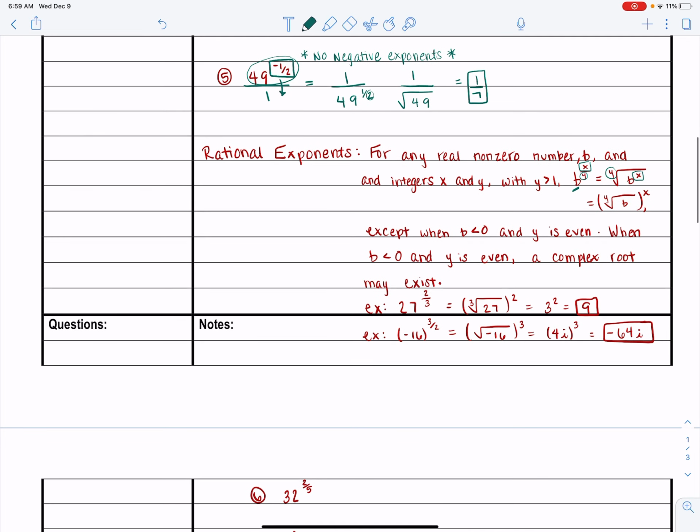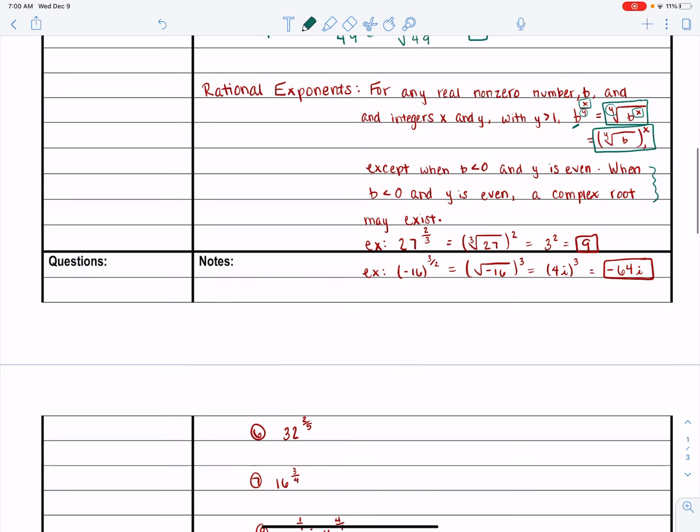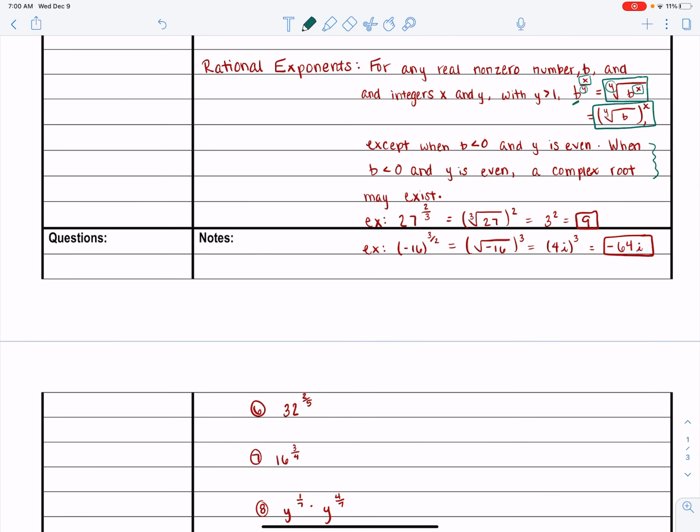You can write it like this, where you raise the inside to the power and then take the root, or you can take the root and then raise the whole thing to that power. This is just a stipulation to remind you that sometimes, depending on what numbers you have, you could have a complex number. All right, so for example, if I have 27 to the 2/3 power, the denominator becomes the root,